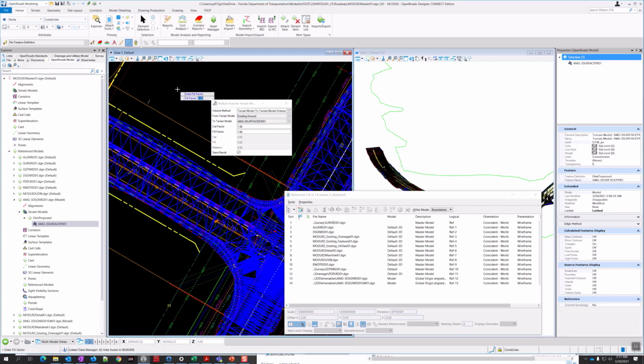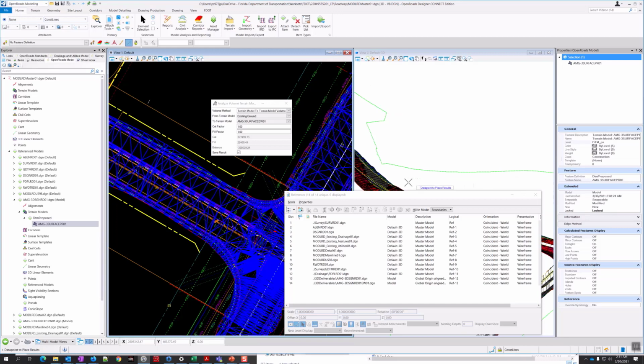Now cut and fill factor of 1. Boundary reset for none. And this checkbox is kind of an optional thing. If you don't check it, it's going to just show you the results down here. Very hard to see. If you check it, it'll give you the option to put it in the file somewhere. So I'm going to leave it checked to save result. And then it asks me for a data point to place results. The results should be in the message center, so I didn't even see them in here, but I'm just going to data point in here somewhere.